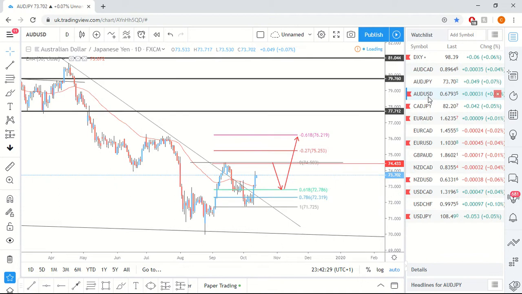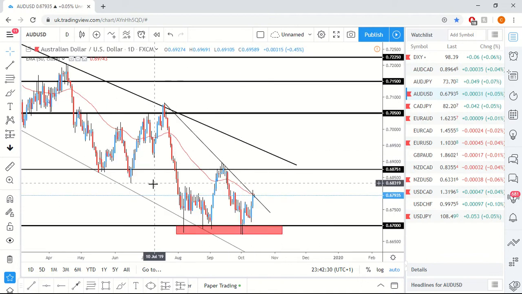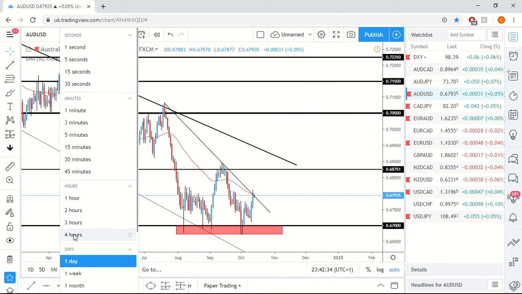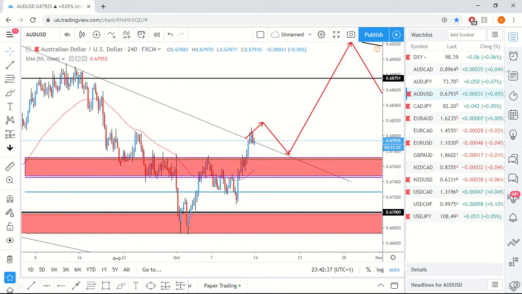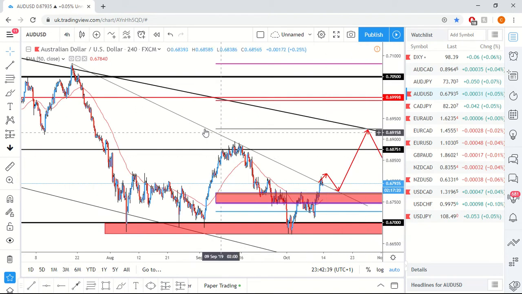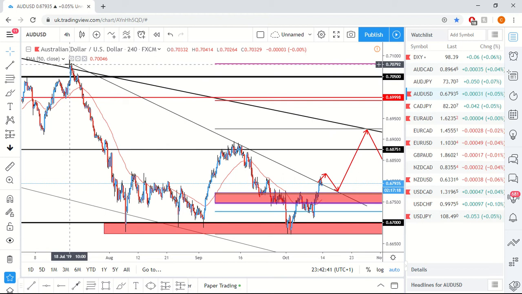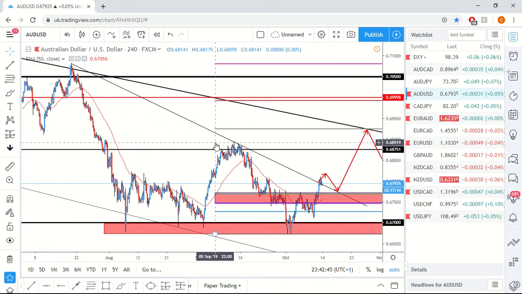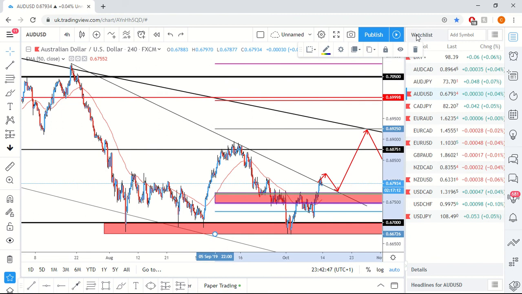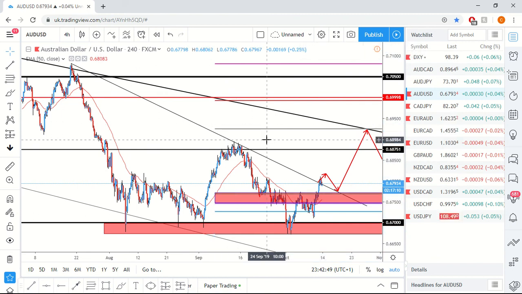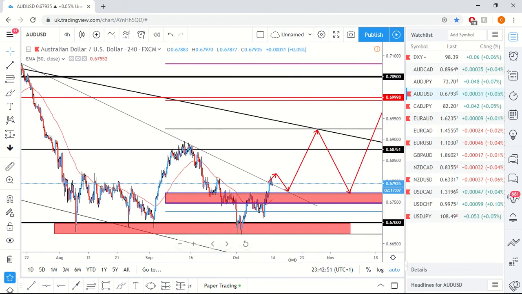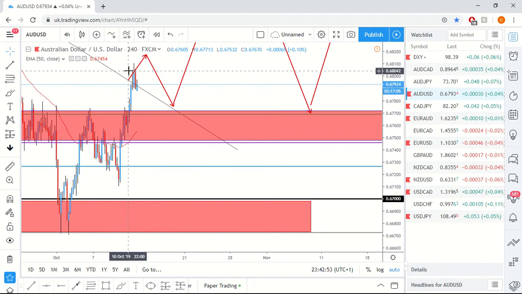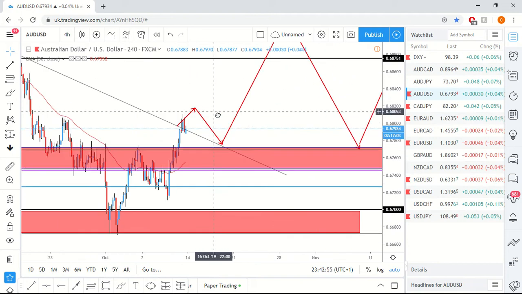Moving on to Australian dollar, US dollar. As you can see here, we're stuck within this range, and if we drop down to the 4 hour, what we can see more recently is we have this long-term trend line since July, so a couple of months now. We've come down, come through here, and then we've come down to our current price action, where we've had a price retest of the trend line.